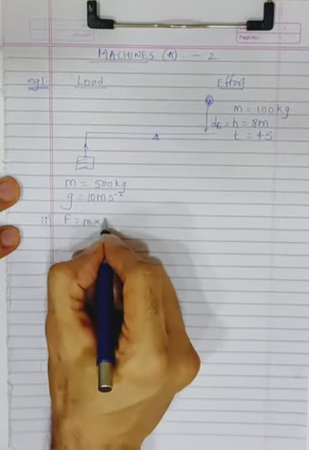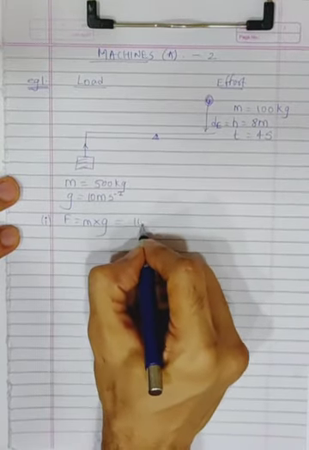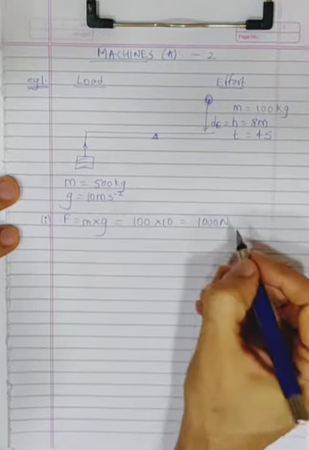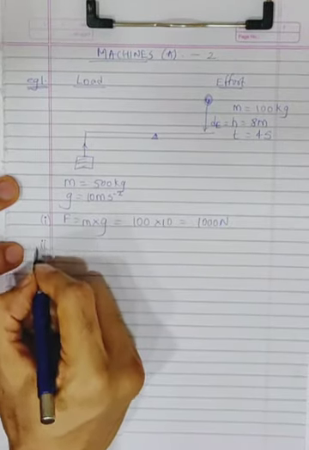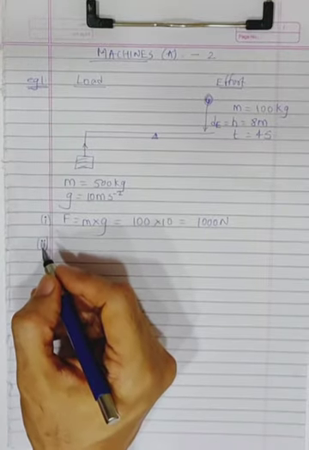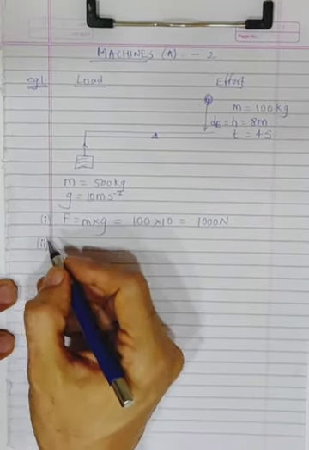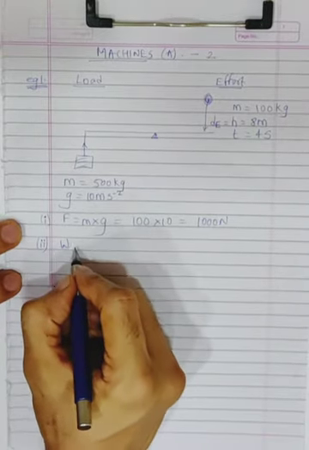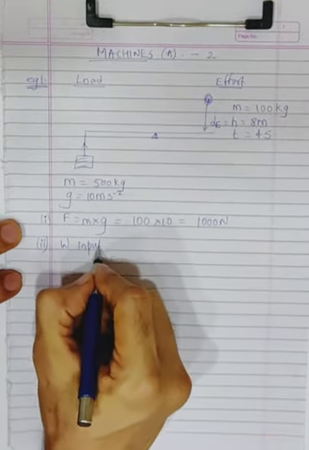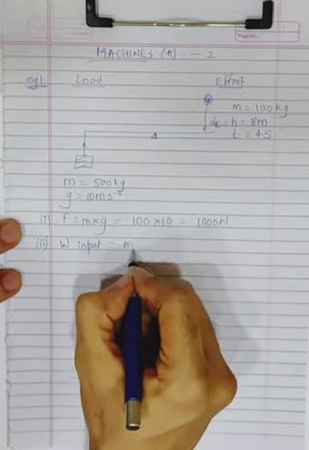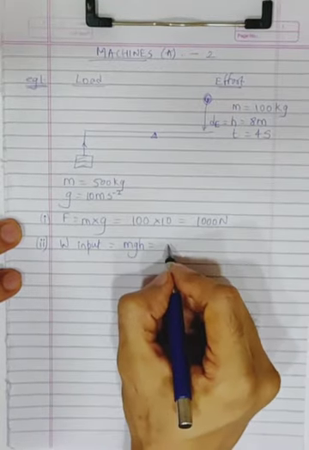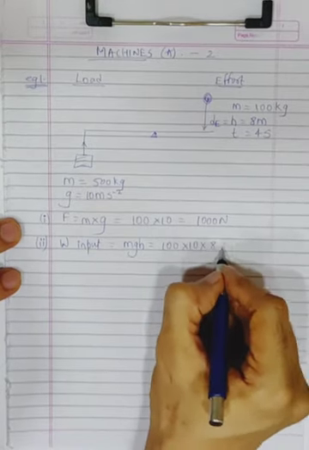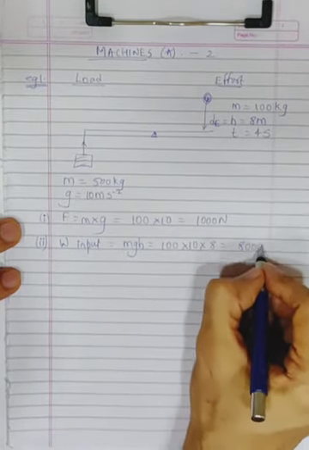So the first part is, what is the force exerted by the falling mass? If you remember, the formula of force is mass into gravity, 100 into 10, which is equal to 1000 Newton. Second part. What's the work done by this falling mass in a displacement of 8 meter? Work done by the falling mass is as good as the work input. You can write it as mgh. M is 100, gravity is 10, height is 8. So your answer is 8000 joule.